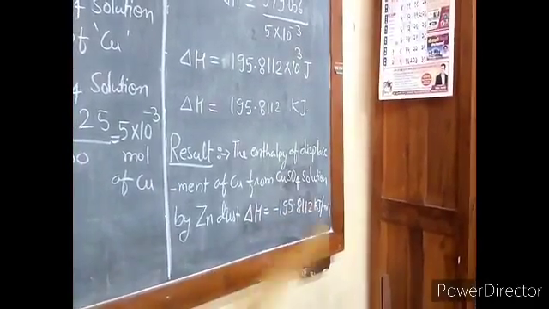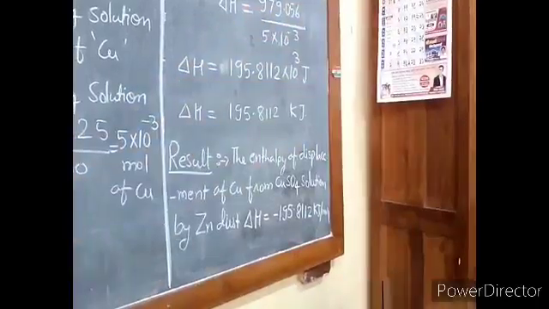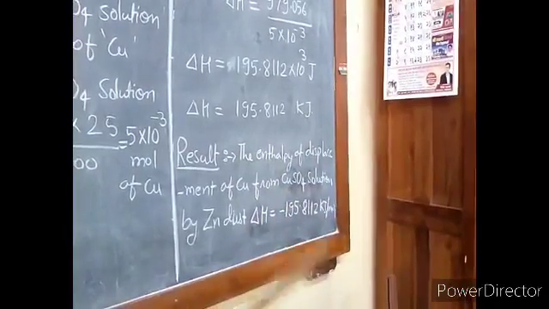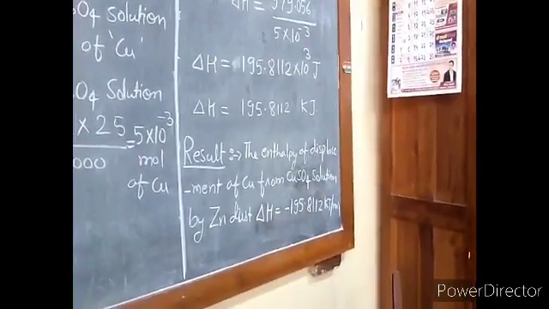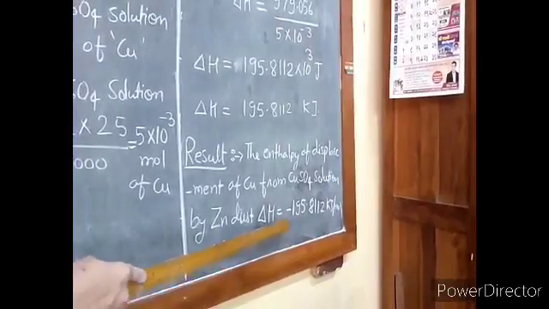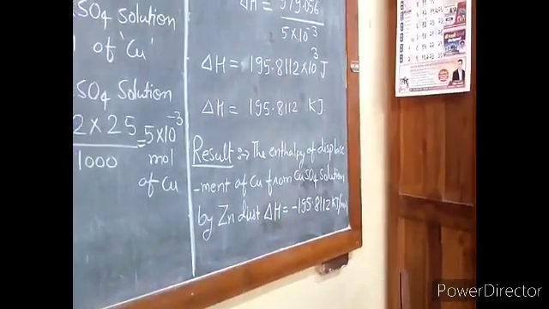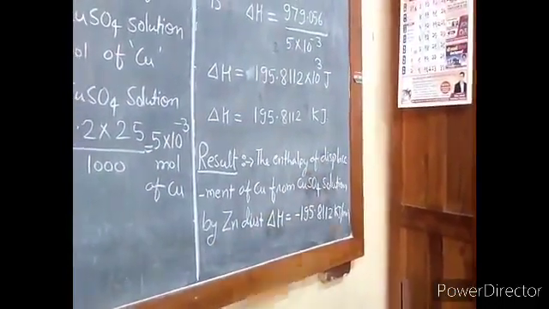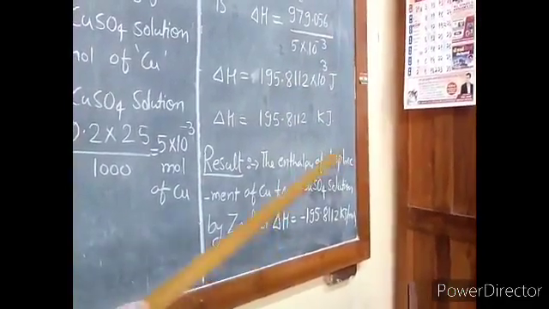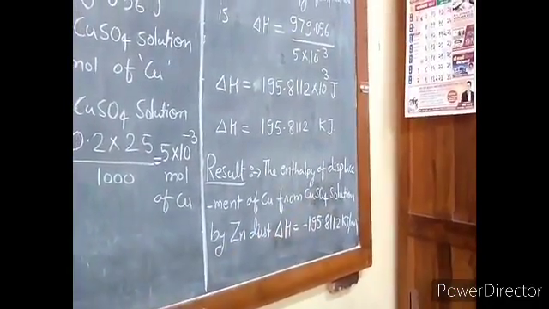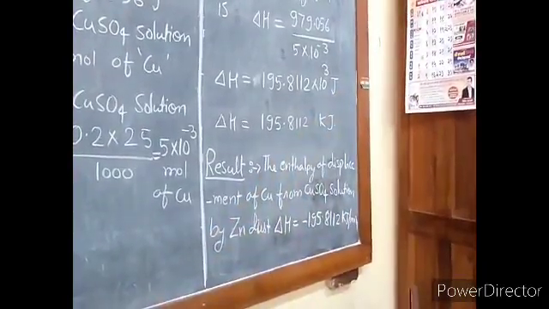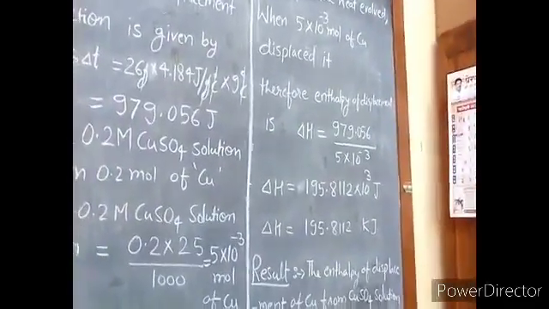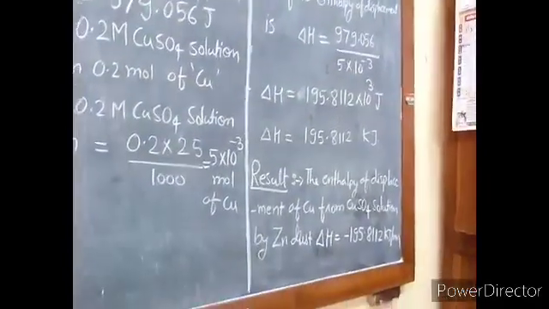195.8112 kilojoule per mole. That means this much energy is released by system into the surrounding, and by this much amount the energy of system is reduced. That's why we are showing negative sign. So is it clear why we are writing negative sign? Always remember, if it is an exothermic reaction, delta H should be shown with negative sign, system's energy is going to be decreased, and if the reaction is endothermic, delta H should be reported with positive sign, which indicates that system energy is going to be increased.